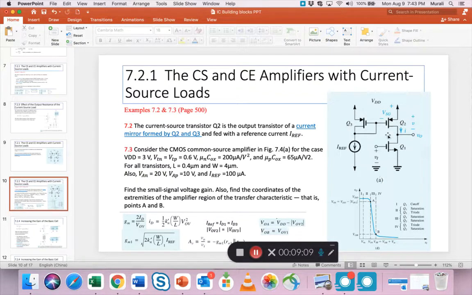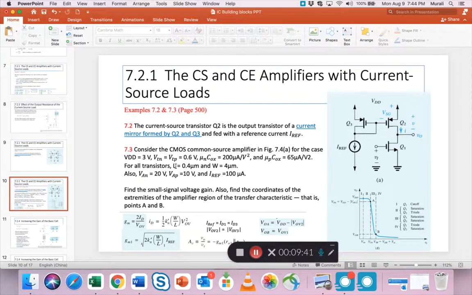So the overvoltage of Q1 is this lower limit, and the upper limit, A, the corresponding output voltage there called VOA, is nothing but VDD minus the overvoltage of Q2. So these two formulas are also useful and important,